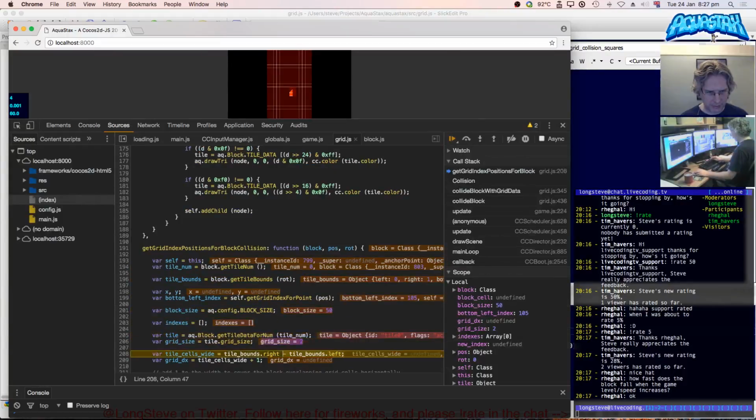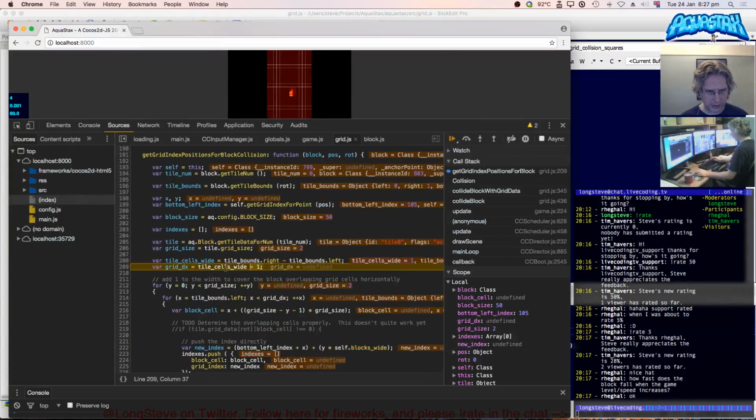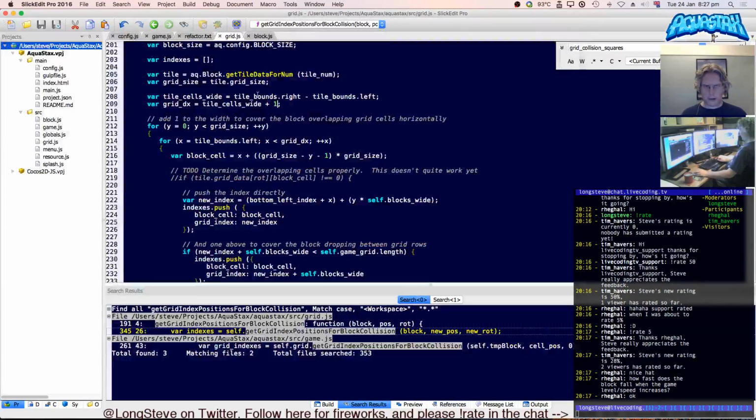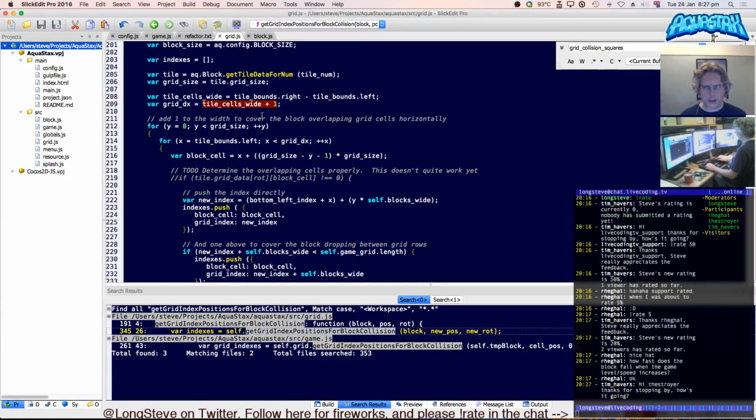Why does it keep going wrong? So now we're going to get tile cells wide. Tile cells wide is 1. I definitely don't want +1 there. But what I do want to do is,